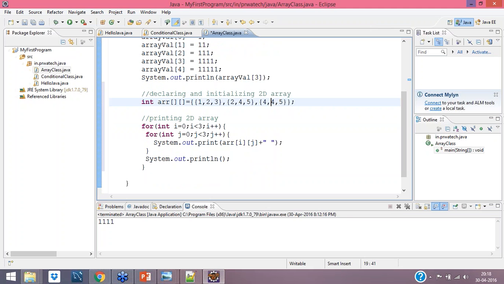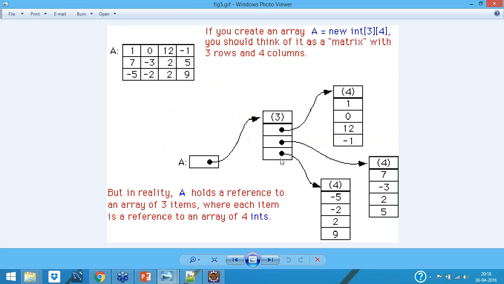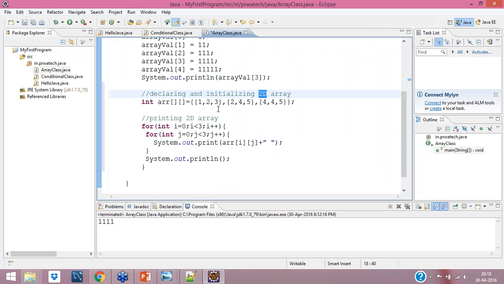So how will we print it? We'll go through two ways. As I told you, what will it take? It will take the number of rows first. This number of rows will get taken first, so my first for loop will be happening. Then the second for loop will have 4, if I am going to do it. Okay, I am doing something called 3D. Sorry, 2D, with 3 cross 3.